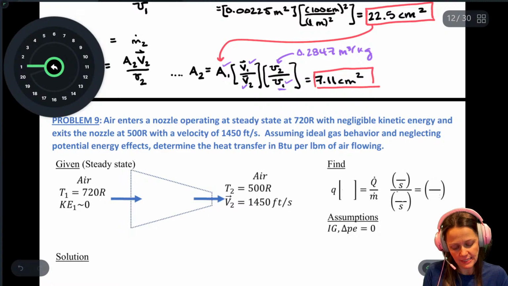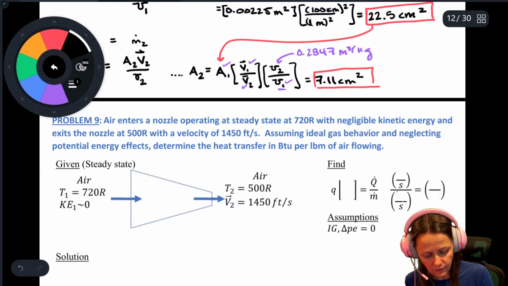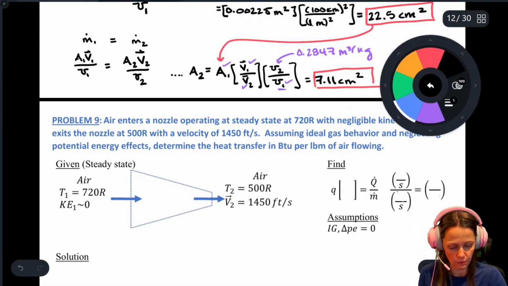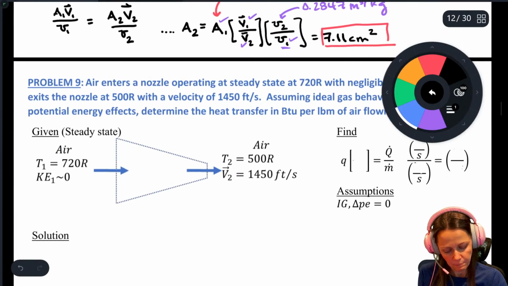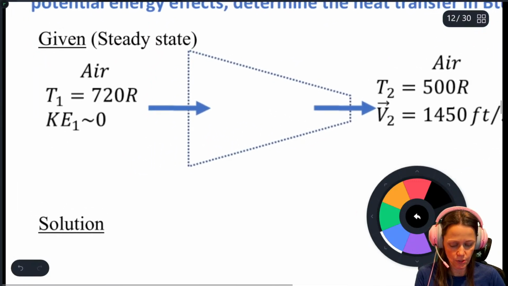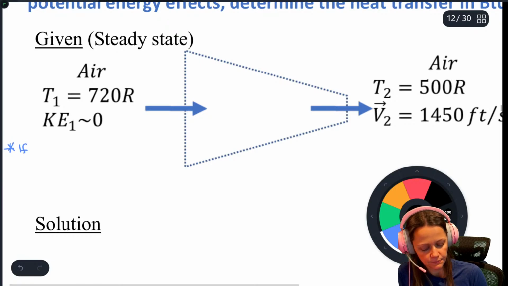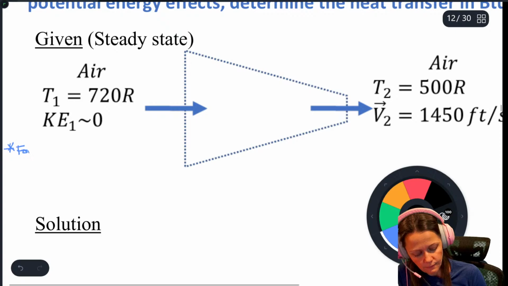What they ask us: they give us a nozzle, they give us the inlet temperature, and they also give us, I'll write it in blue, that it's got negligible kinetic energy at the inlet. So I'm going to make a little note here. For a nozzle,